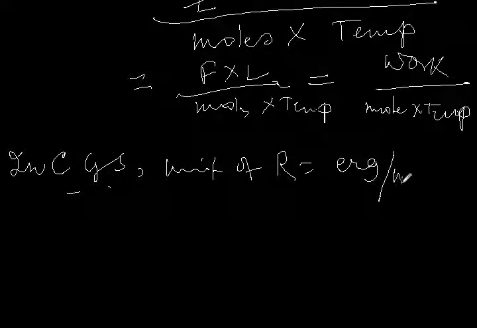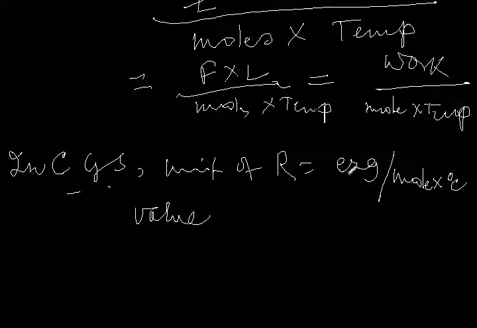Erg per mole into CGS temperature, degree. Now the value of R in the CGS system has been obtained. The unit is erg per mole per degree Celsius. Its value has been obtained,